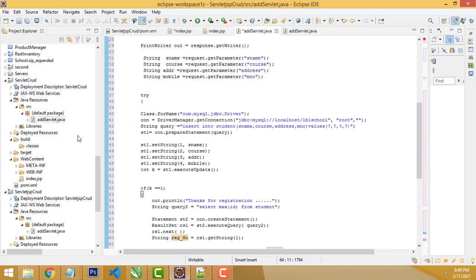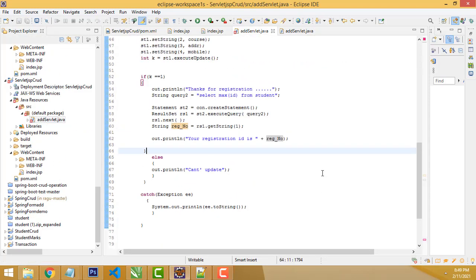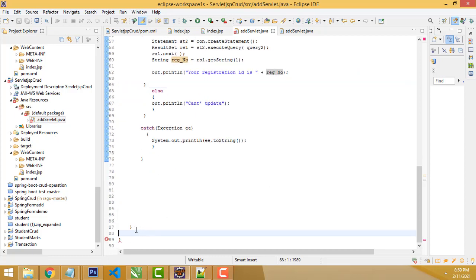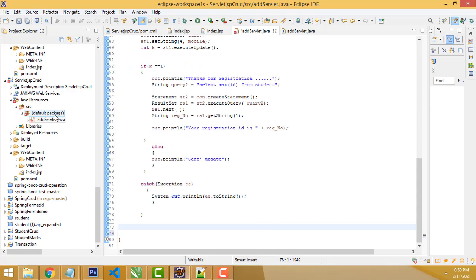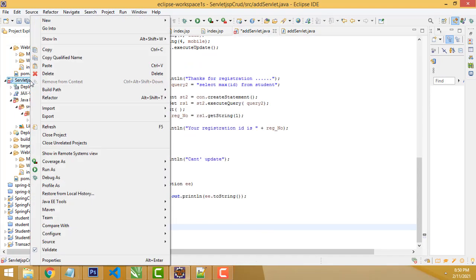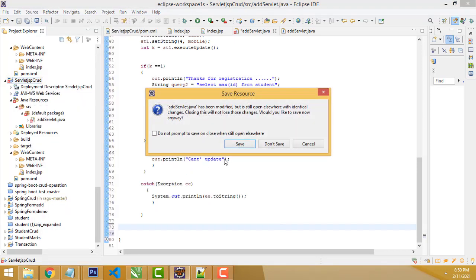So let's run and check whether the program is working or not, right? Let's see what I'm going to do. All the stuff is done. Let's save all. So here, what is the error? One error we have: this bracket, we are passing one extra bracket, right? Now let's run and check. Run on server.